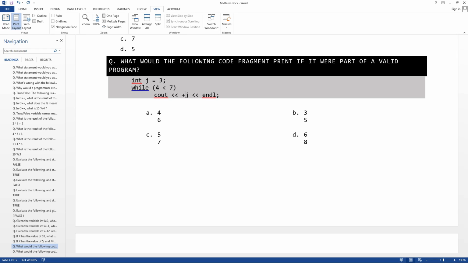If this was ++j, this would say, hey, add 1 to the value of j before I even look at it. That's all the difference between those two. It's also, you read from left to right. When it says print out what j is, before it can print out j, it has to basically go through this ++. Right? So in this case, the question was asking this, which means that it will print out 4 first. This will turn into a 4 plus 1. So right on the next line, you can even think of it like this. Takes j. This is basically the equivalent of me doing this.